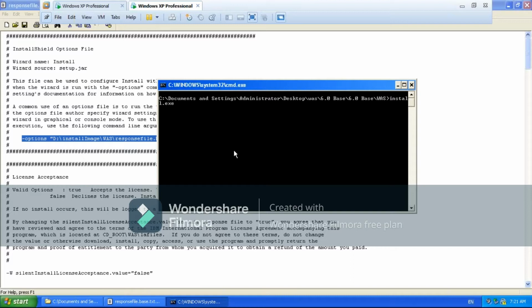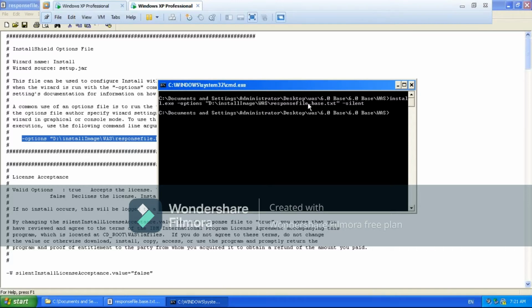The same thing I have to give here. Understand? So in the execution of this, install.exe will go to this path, take your modified response file, and the installation will be done in silent mode.